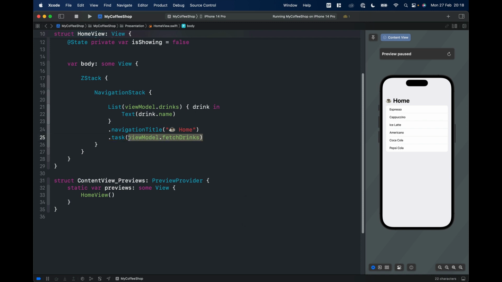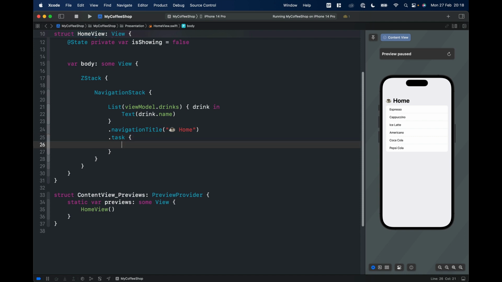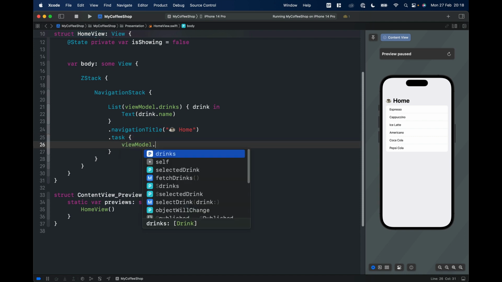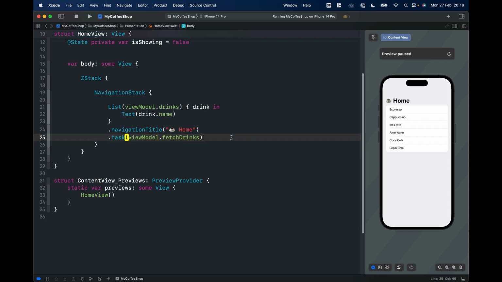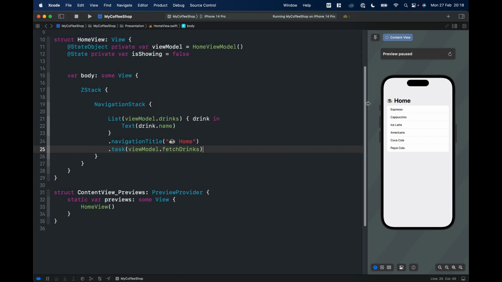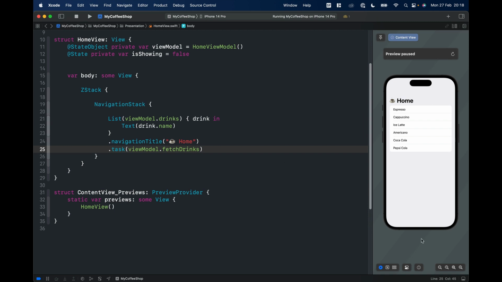Otherwise, if you don't mark it as sendable, you have to do Task and then viewModel.fetchDrinks, and then you do the function call, which is a more elegant one-line way. And yeah, let's see now that we have called our fetchDrinks. You can see that we have our drinks here. We have 6 drinks from our dummy data, but there is a problem that the drinks are not grouped